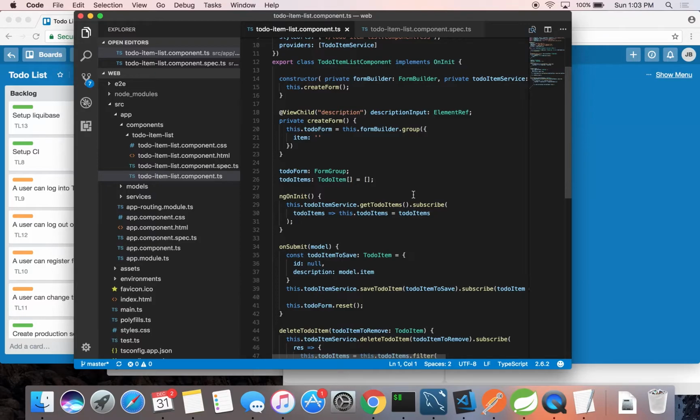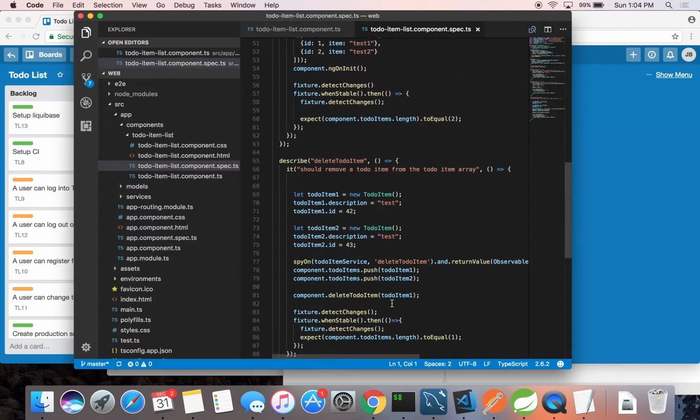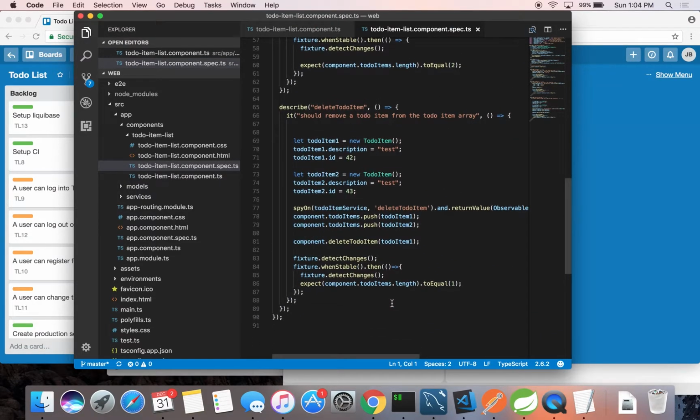Okay, fair enough. So what we're going to do is create a function here to essentially select an item. Basically, when we call this function, it's going to set a variable for our selected to-do item. So first, I guess we got to write a test for that. So going down here to all our other tests,